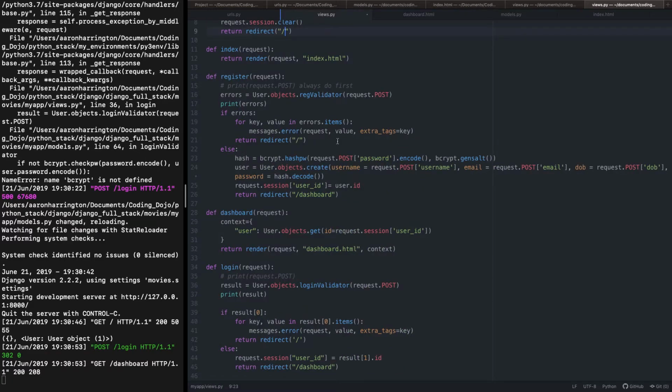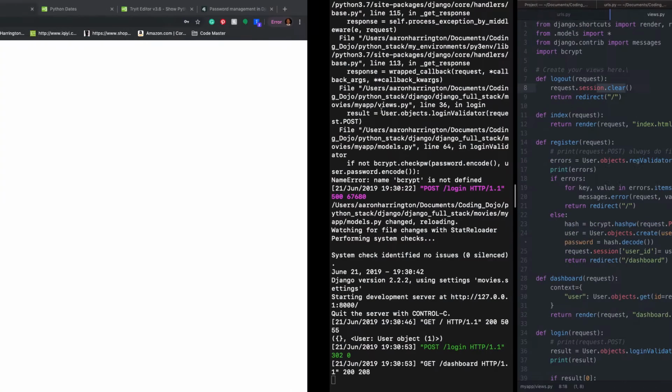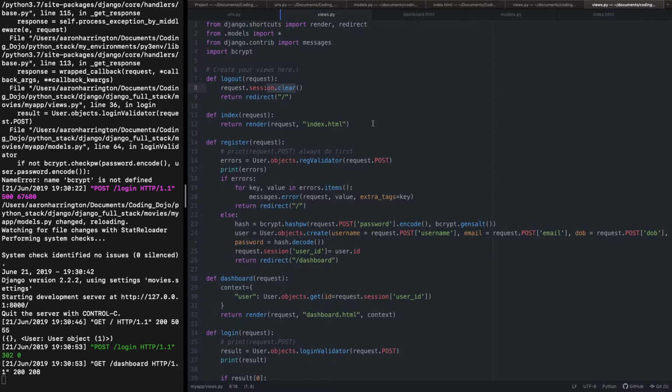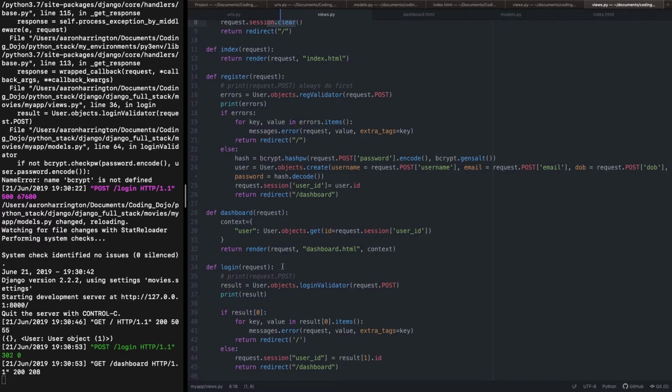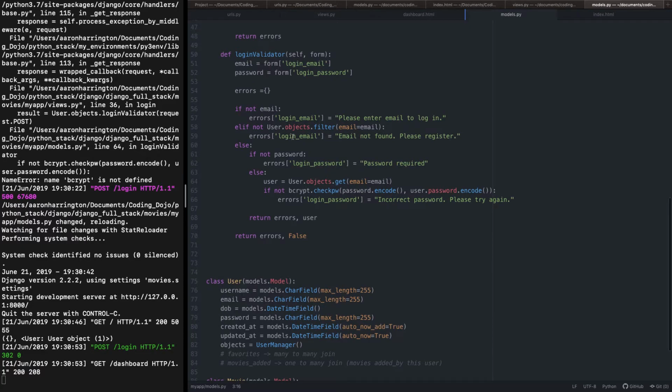All we did for logout, where is it at? Right here, we just cleared out the session and then redirected back to home. Once we did that, we knew you weren't logged in, and we tested again. We realized it still wasn't working, because we encoded our password when we logged it in, but we never took the time to decode it before we read it. So originally, when we were checking our models, down here checking the password at login validator,